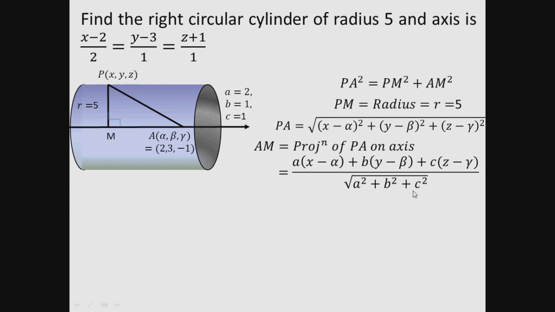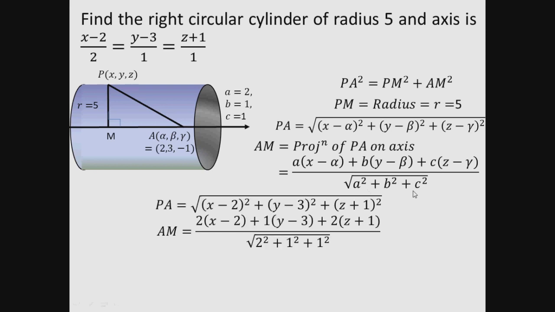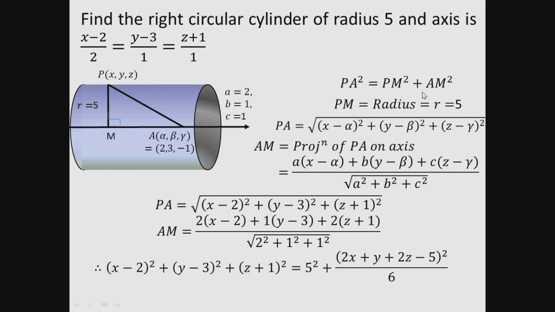Now substitute values of A, B, C and alpha, beta, gamma into this equation. So PA is square root of (x minus 2) square plus (y minus 3) square plus (z plus 1) square, and AM is 2 times (x minus 2) plus 1 into (y minus 3) plus 2 into (z plus 1) divided by square root of 2 square plus 1 square plus 1 square. Put all these values back to this equation. So we get (x minus 2) square plus (y minus 3) square plus (z plus 1) square equal to 5 square plus, after simplifying all this term, it gives us (2x plus y plus 2z minus 5) whole term square